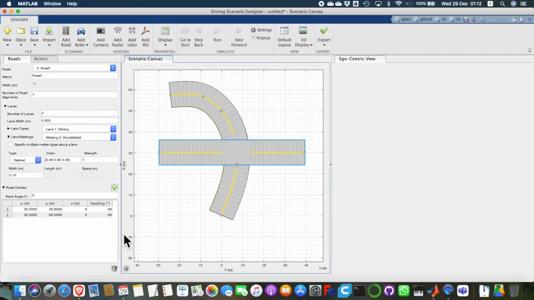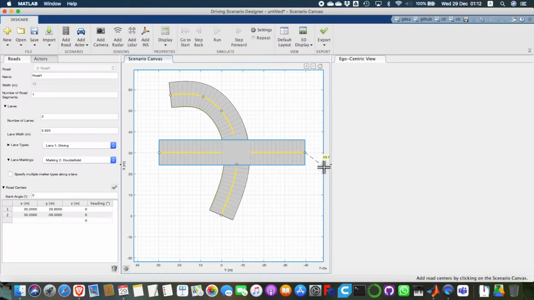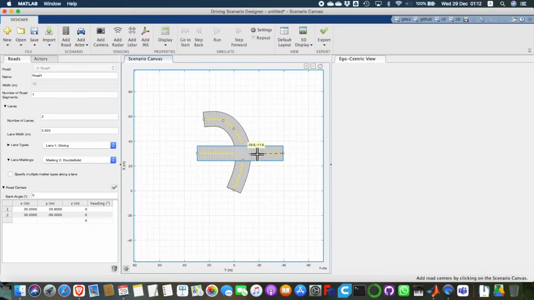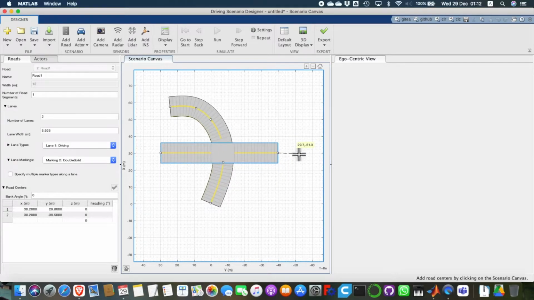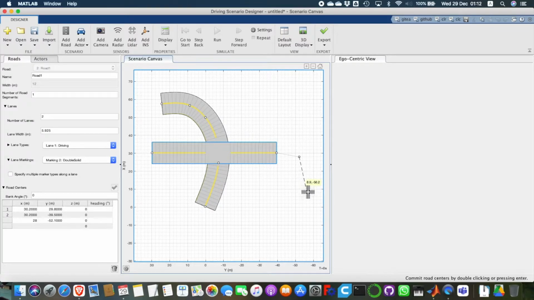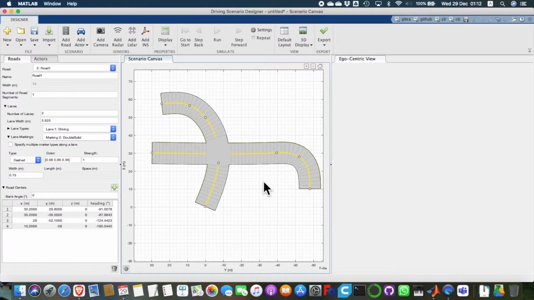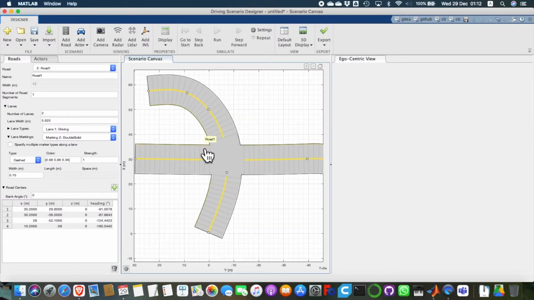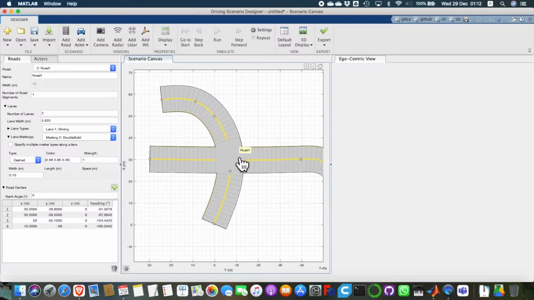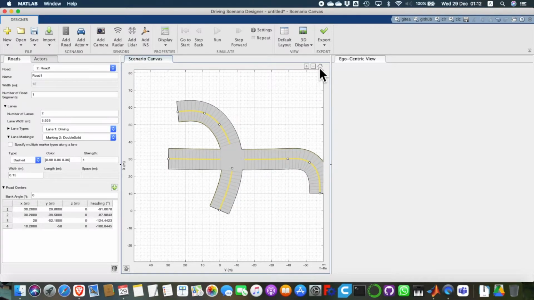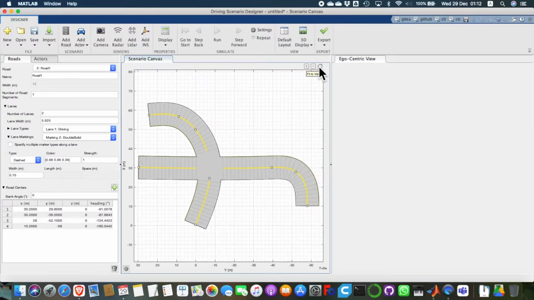Well, just to make it interesting, let's give it also a curvature at the end. Let's extend this road. Alright, so you can zoom in and zoom out using your mouse scroll. 1 and 2. That's all. Alright. So you can see that cross section has been created here. Alright. You can click this home button to fit it to the view,